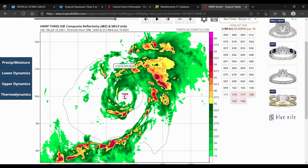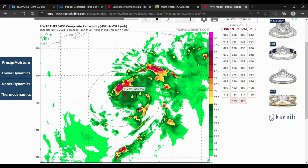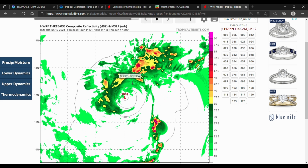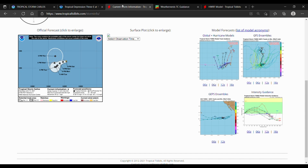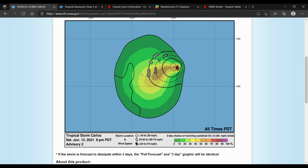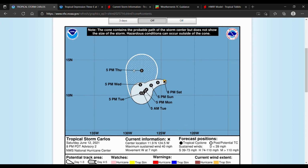It does start to weaken off here, where everything is starting to get pulled apart by the colder waters. It is starting to move north here, and at that point, it dies off. So, just a quick update, because I do believe that this is going to be a pretty short-lived storm here. This has it weakening on Thursday, but it doesn't cover a lot of ground,